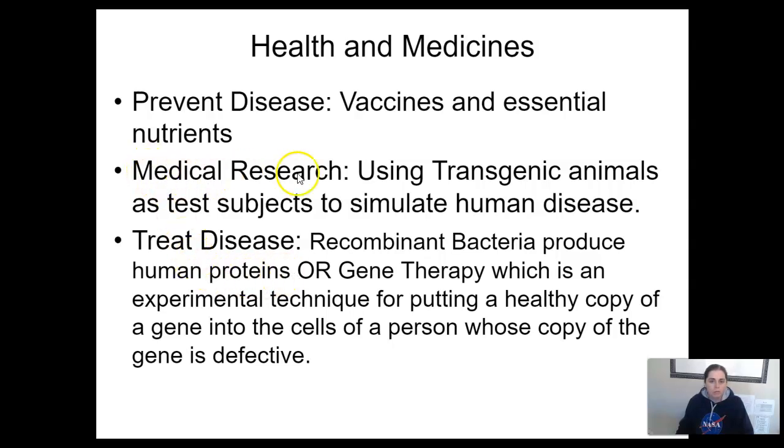Also, we've been able to use transgenic animals as test subjects to simulate human diseases for medical purposes. So we can simulate which therapies might work if we can get the same response out of animals if they have everything in place, like the human proteins or whatever it might be. So it's kind of a neat way that we do that. And then we can also use recombinant bacteria to produce human proteins or be used for gene therapy, which if you are watching this before Tuesday's video,